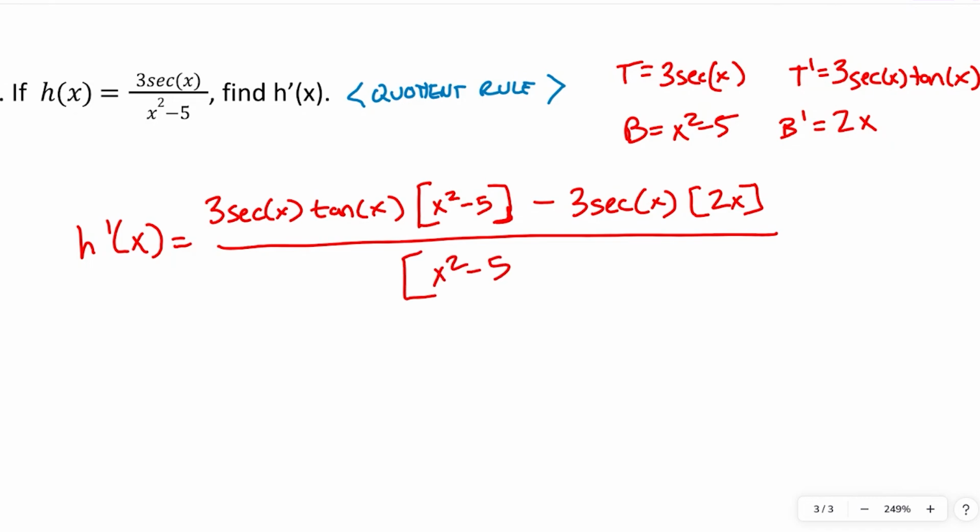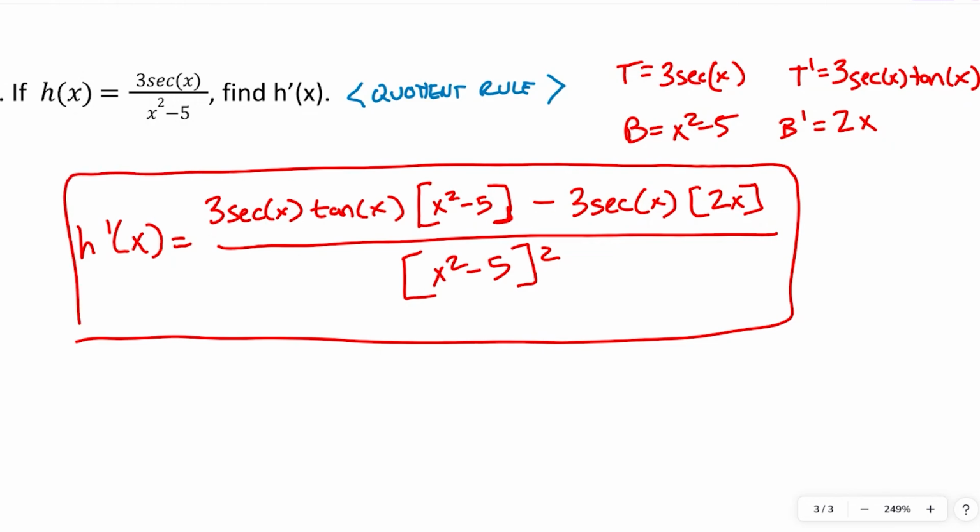And do not worry about simplifying this any further. That's good enough for me. Hopefully that's good enough for you too. You might be able to manipulate this a little bit further, but there's really no reason to. And that last problem on your notes is actually the same problem we had at the end of the last notes. I just didn't delete it. So don't worry about that problem. Or if you just really want to see how this worked out, just look at the previous notes. But that's about it for today. I'll go ahead and pass out your homework and